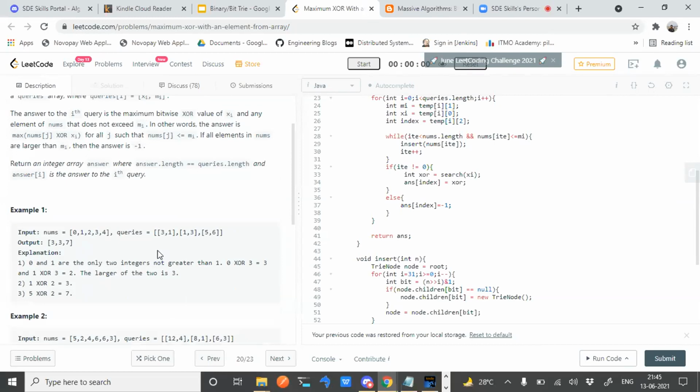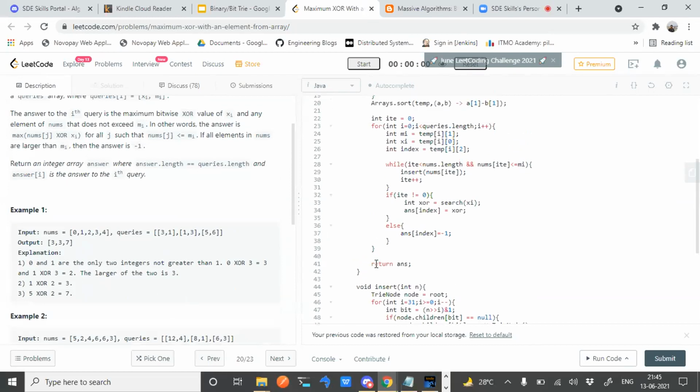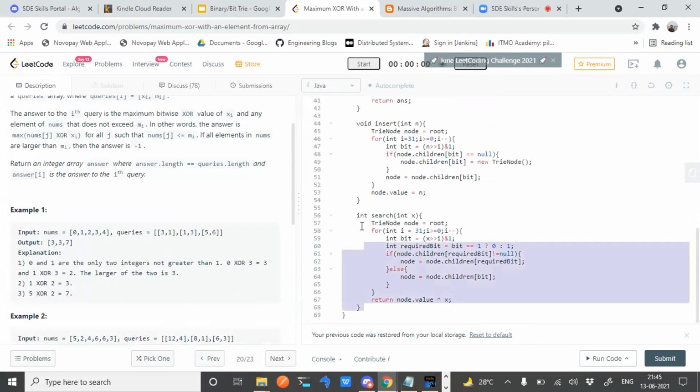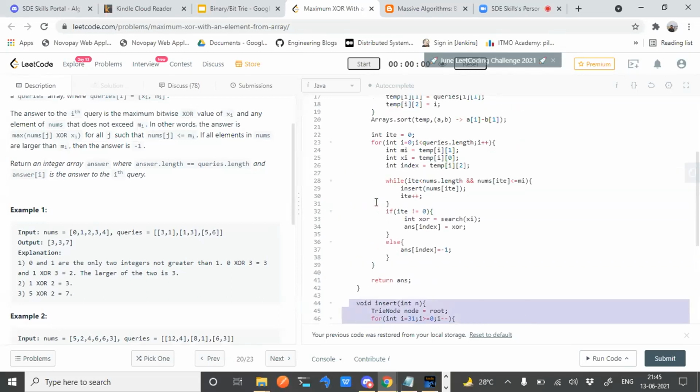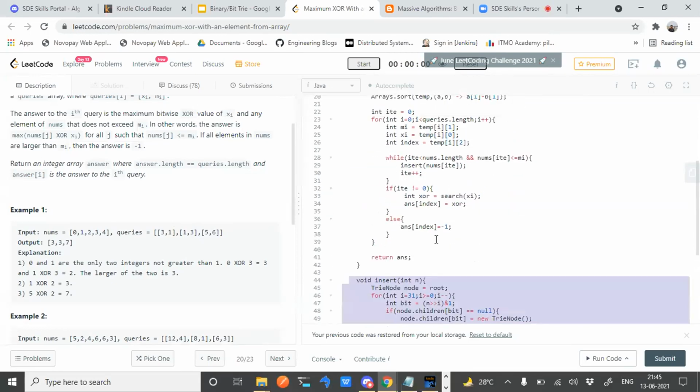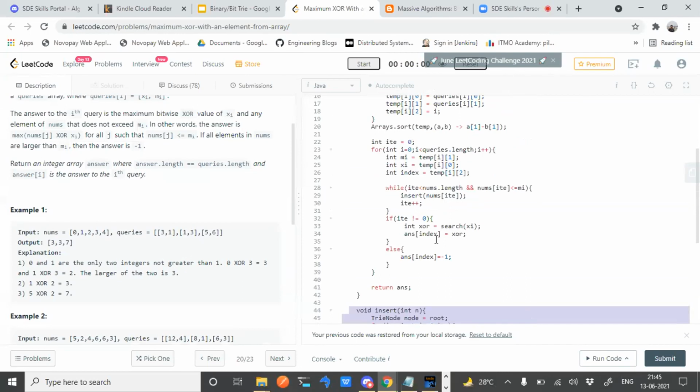So your implementation will help in this case. Basically, insert and search will be the same, but the only thing is we have to do some sorting of the queries so that we can find out. Basically, it has some prior things to do.